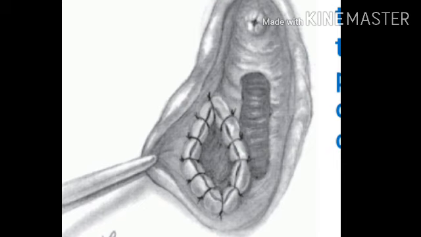In marsupialization, the opening of the Bartholin cyst is made and then the edges are sutured, forming a permanent open pocket and preserving the Bartholin's gland. So the main advantage of marsupialization is that the function of the Bartholin gland remains intact. It needs a shorter hospital stay and it is simpler than the traditional excision method.